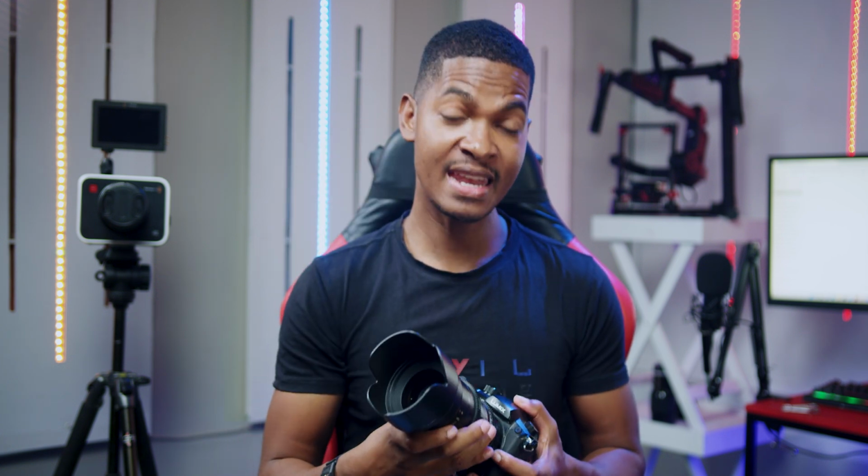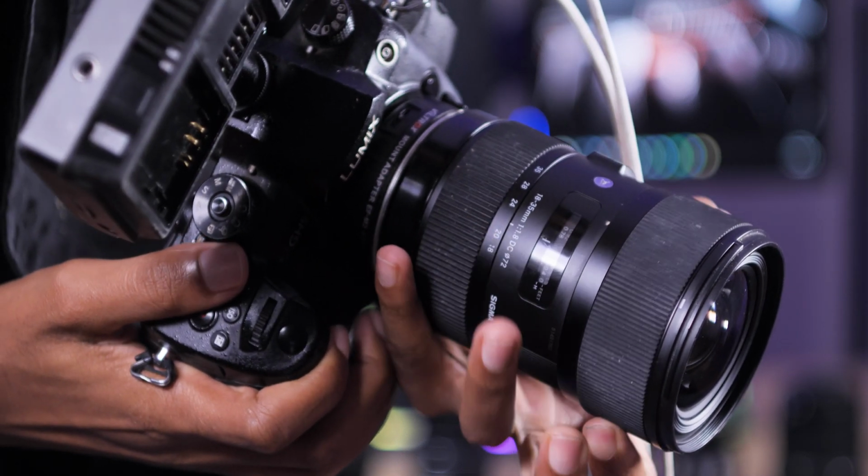The other thing is its poor autofocus capabilities. Honestly, as a filmmaker, relying on autofocus is just really a sign of being an amateur. The Red Scarlet that I'm using to film this video right now doesn't even have autofocus capabilities. So you'll need to learn how to focus manually in some way. In fact, most of the best video lenses don't even have autofocus features, you know? So learning how to manually focus your videos is